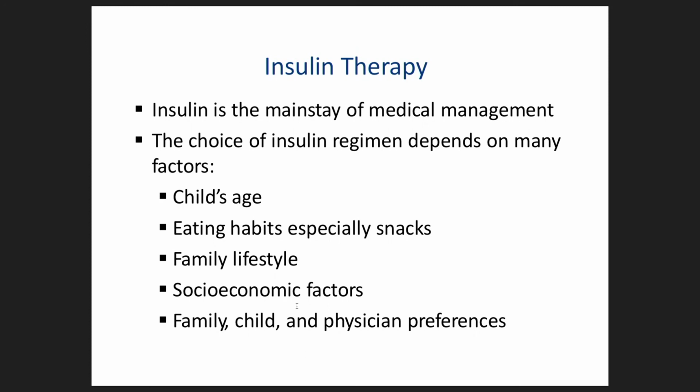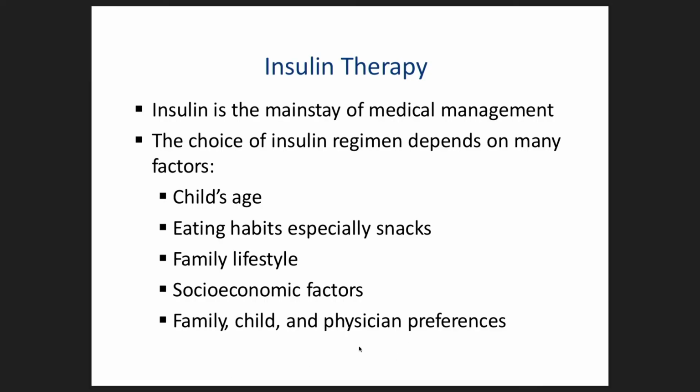Also, young age group children should not receive the same insulin as older children. Socioeconomic factors: if the family is poor or of low socioeconomic class, we should not give them an expensive form of insulin. There are other good choices at a lower cost than the new expensive insulin. And always we have to discuss with the family how the insulin works, the peak, the duration, and the characteristics of the insulin. It is very important to have the family involved in our decision.